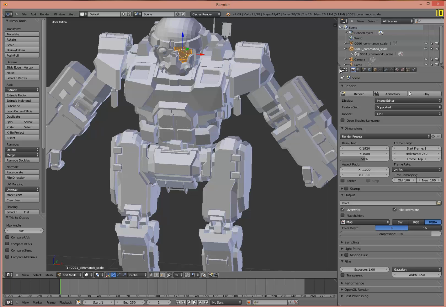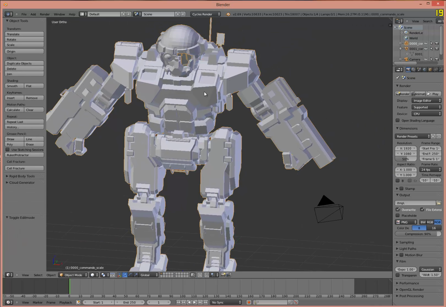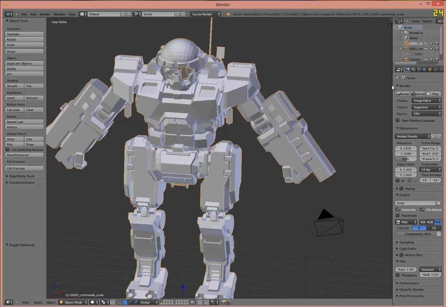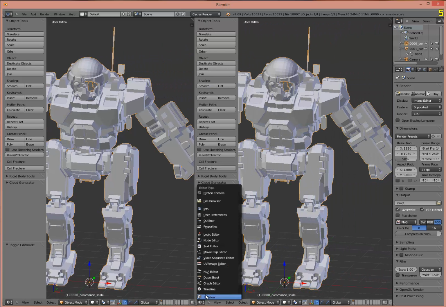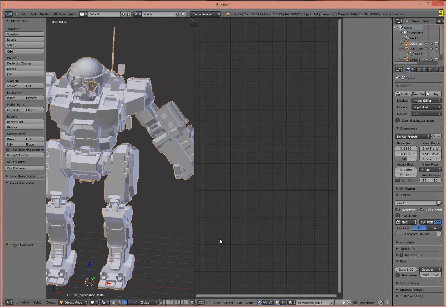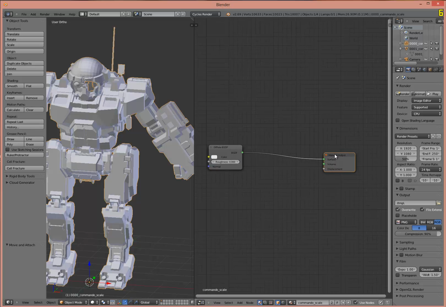All right, the next thing we're going to want to do is assign the materials to them. So let's go to the mech here. We'll split this. Let's get rid of this timeline, we don't need it. Here, we're going to convert this to a node editor. Now I like using Cycles because it is a much more realistic display. So we want to make sure that we're in the materials node for shaders here. And then we want to click on use nodes, and we'll start off with the output and the